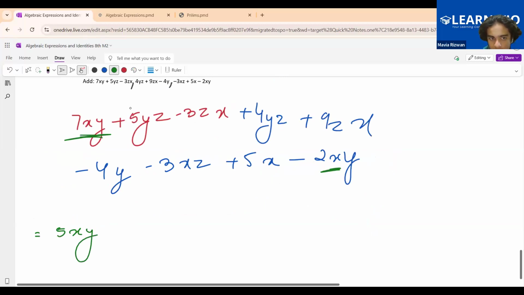Now see the 5yz term. 5yz is this term, and another yz is this term. Is there any other? No. So 5yz plus 4yz, this is 9yz. So 5 plus 4 is 9, so 9yz. Then check for